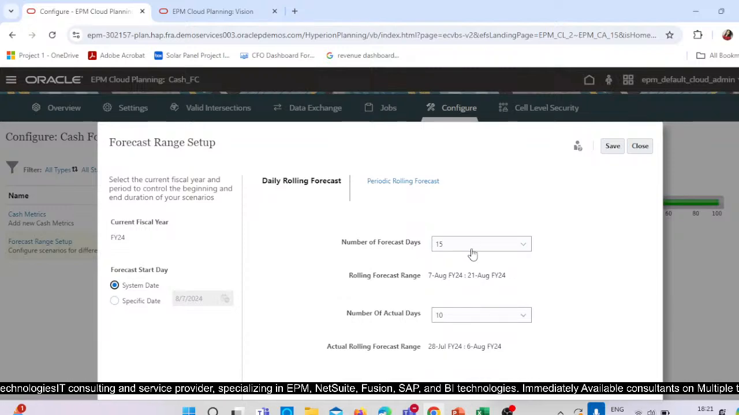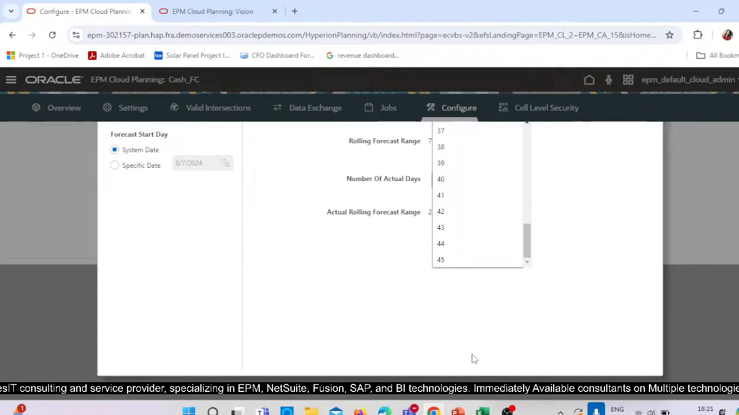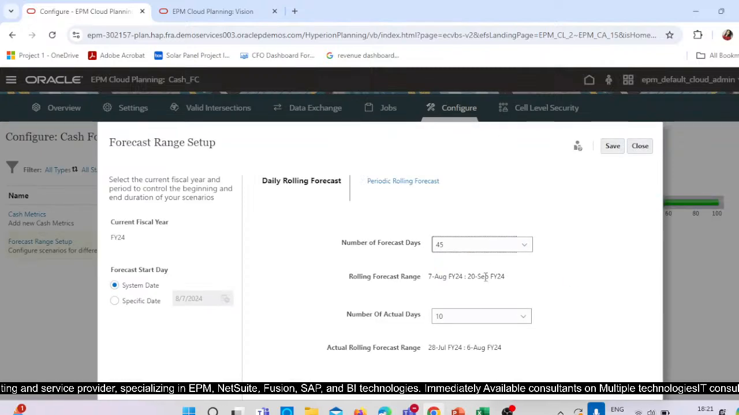So the number of forecast days we can select here. Suppose I need to do forecasting for 45 days, then the rolling forecast range will be automatically highlighted: today, 7th of August 24, to 28th of September, which will cover the 45 days. So you can understand, if I am having the actual number of days, I should have from January 24 to, we can say, 6th of August, right? 6th of August will be my actual, but forecasting will start from the 7th of August, right? And it will give us forecasting for 45 days,